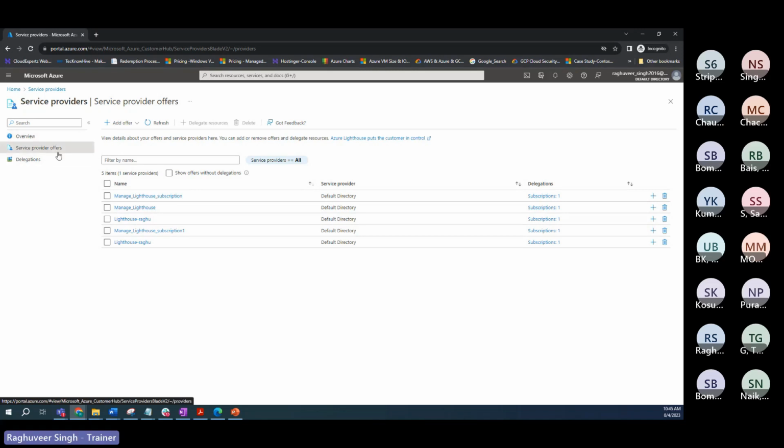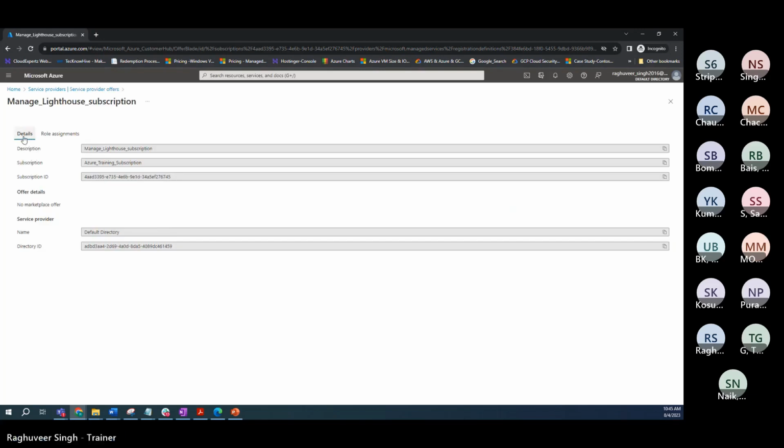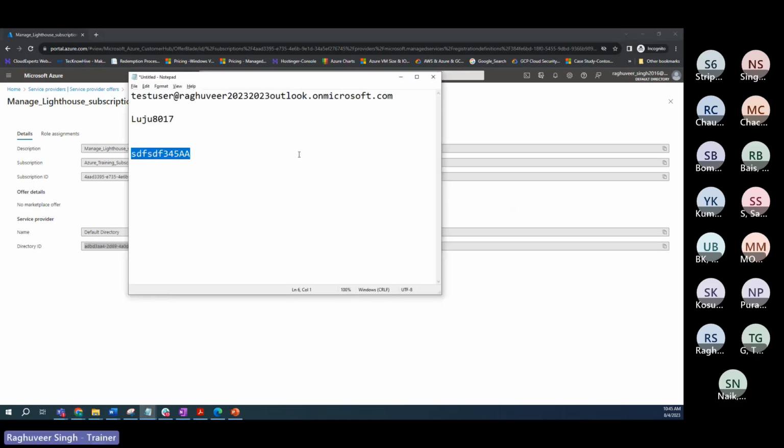The customer will click on service provider and will see the service provider here. So this is the service provider information. The service provider directory name is default directory and the ID of the service provider is this. This is the service provider default directory ID. I'll copy this ID and I'll put it into the